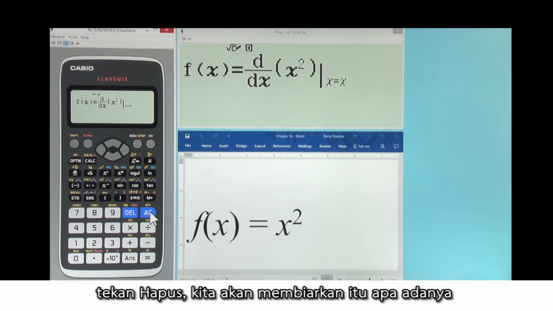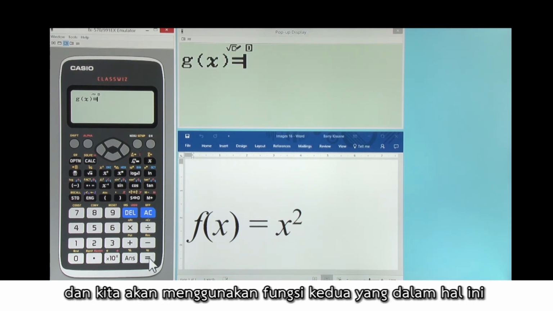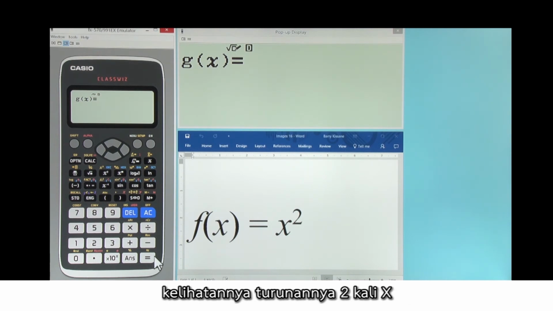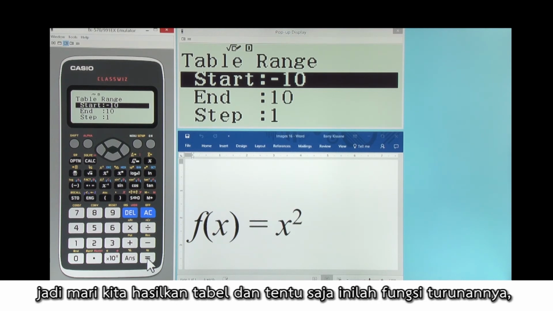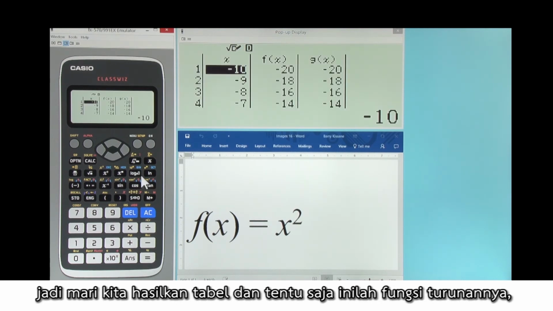So tap clear, we'll leave that one as it is, and we'll use the second function, which in this case it looks as if the derivative is simply 2 times x. And students can test their prediction by doing things like this. So let's generate the table, and sure enough, here's the derivative function, and here's the guess as to what it